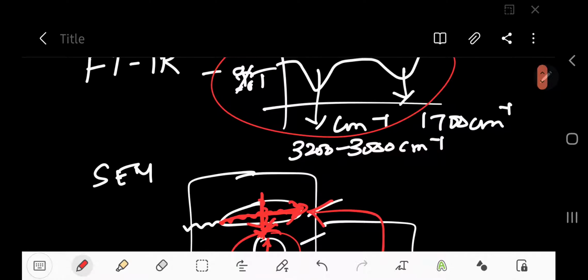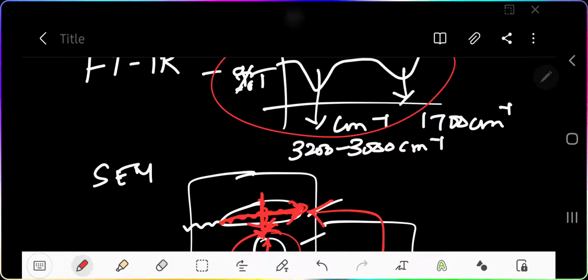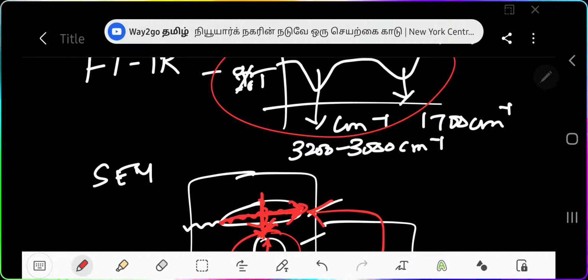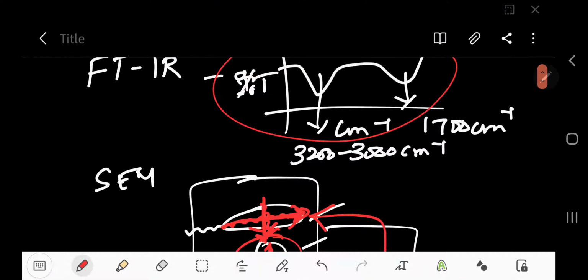We need to separate the rod from the spherical. It means spherical from the rod. It means through the size based separation it will be difficult because it has two different shapes, right? So if it is similar shape and different size, then it is possible through size exclusion chromatography, right? If it is having different structure, different shape, then it will be difficult through size exclusion chromatography.